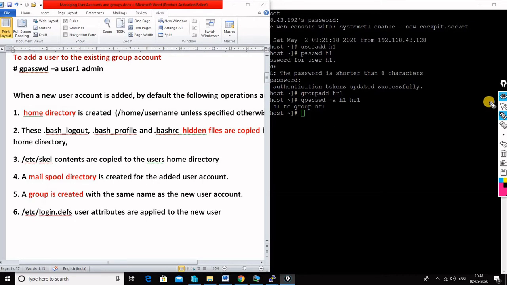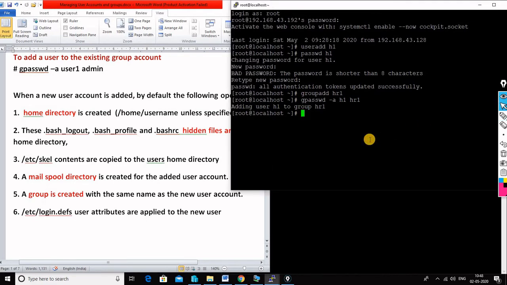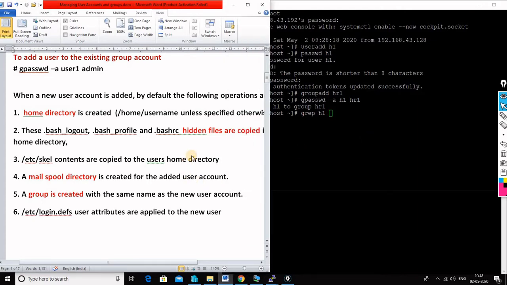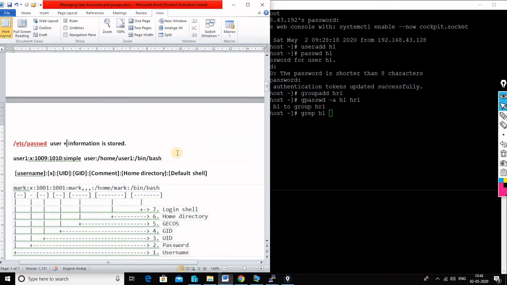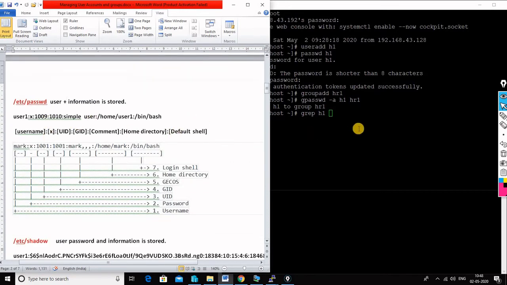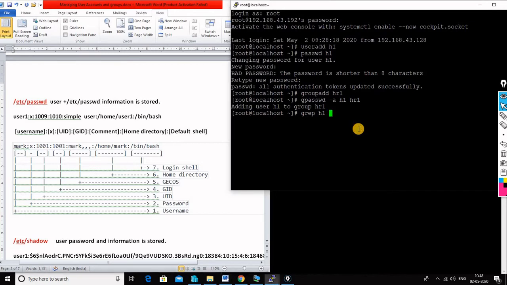So let me check on this. Let us say grep, the username is h1, and the files which are getting modified are, the first file is /etc/passwd. I can come to this window, /etc/passwd.